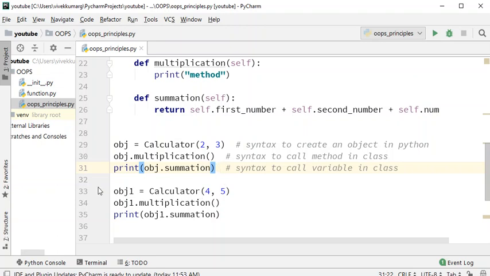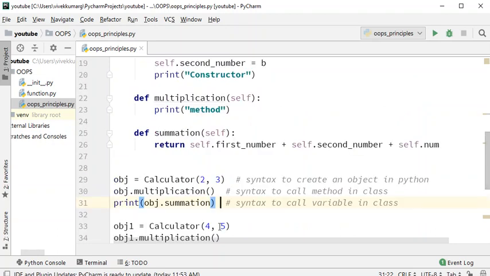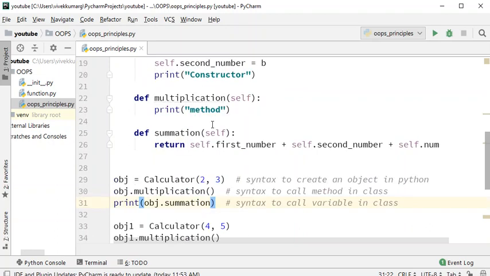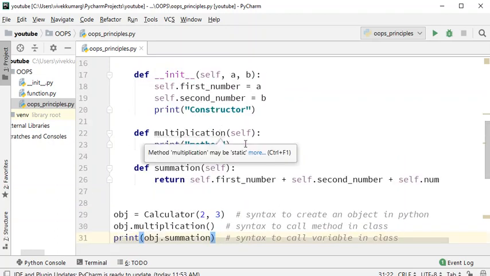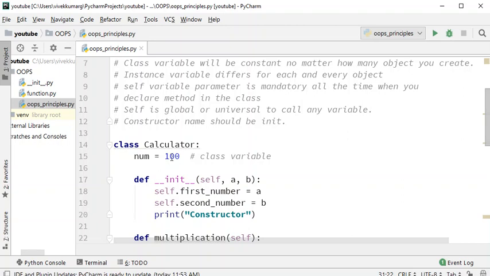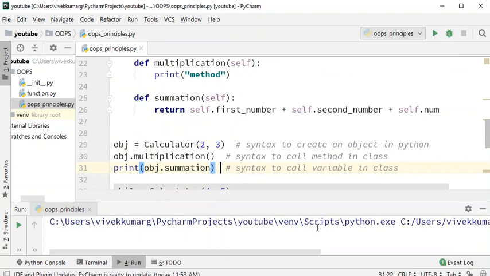And now for the next object, 4 will be caught by A and 5 will be caught by B, and these will be stored in the instance variables. So the instance variables, as I said, change with each object creation. Now you see 4 comma 5, the first number will become 4, second number will become 5. 4 plus 5 is 9 plus self dot num, and this never changes, right? Now let us run and see the output.